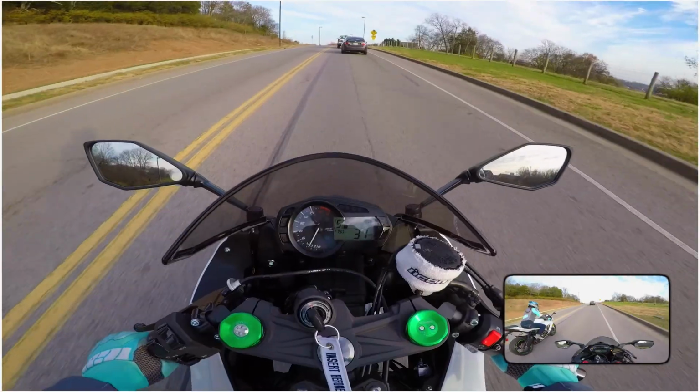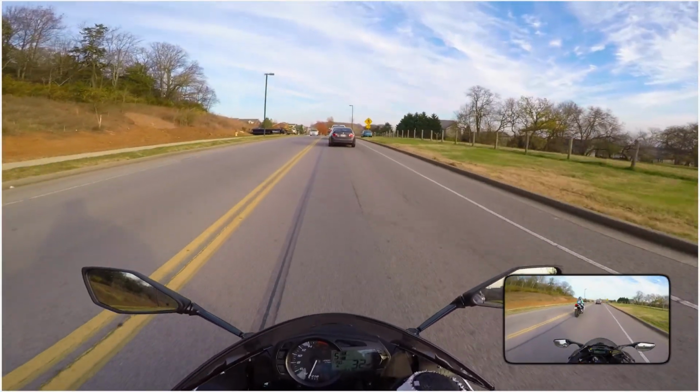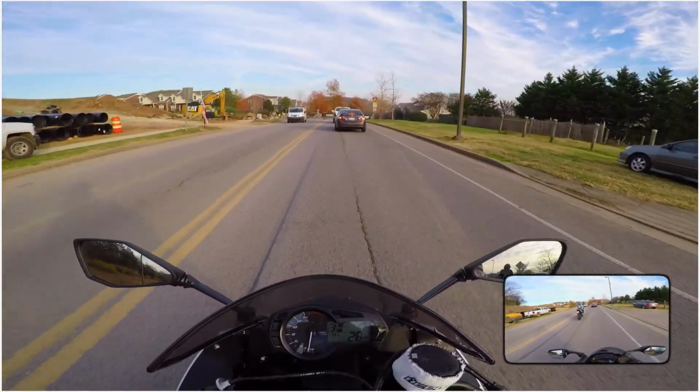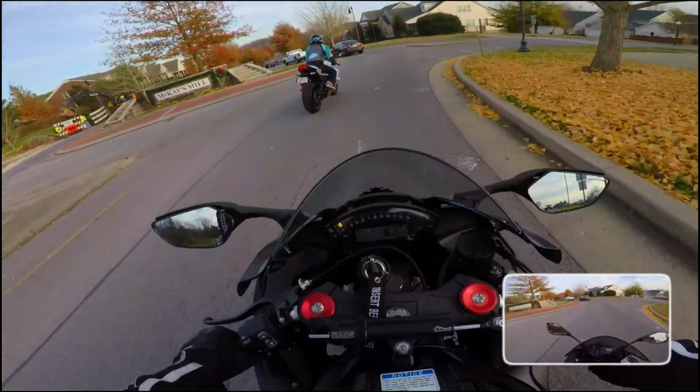Nothing. Oh, fuel light. You got the fuel light? Girl. Dang it, Josh. I know. Now I had to go backwards from where we were. Backwards? Yeah, because there's no gas stations this way. So I guess we'll go around this little...